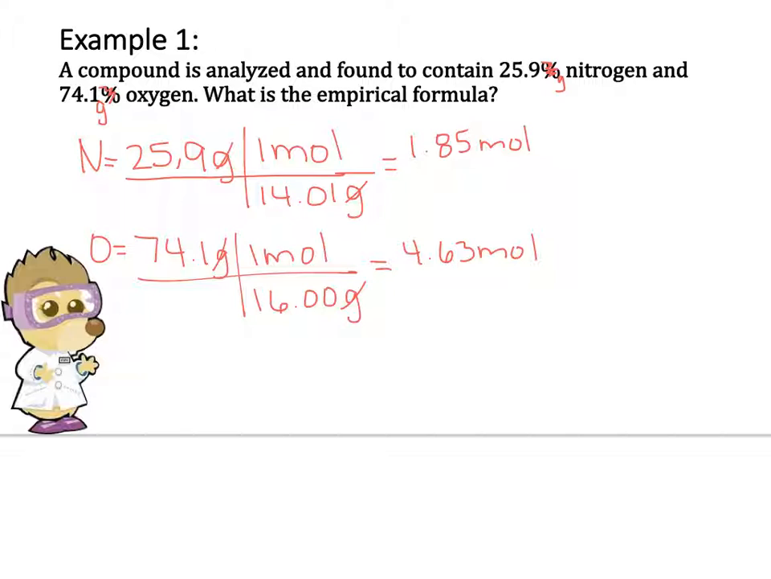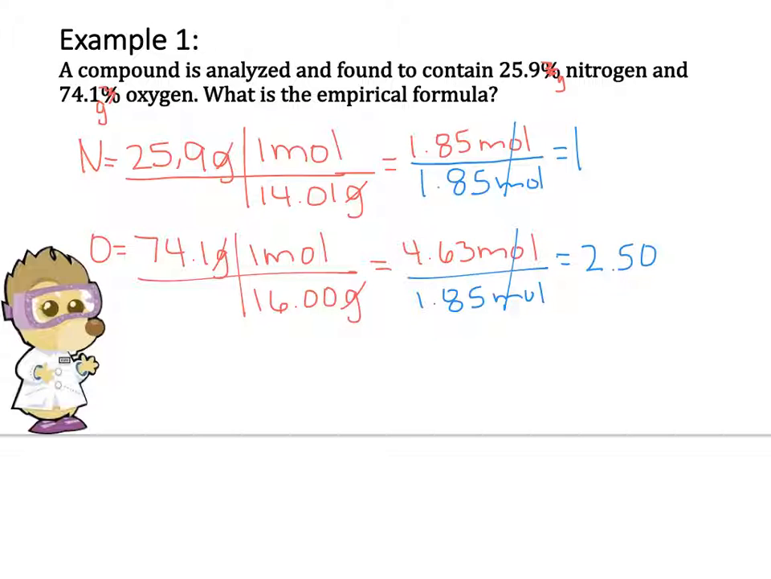All right. Our next step, step 3, says we're going to divide the number of moles by the smallest number of moles. So we have 1.85 here. This is my smallest mole compared to the 4.63. So we're going to divide both of these by 1.85. That cancels out your mole. We're going to be left with a 1 for here. And then when we do the math, we get a